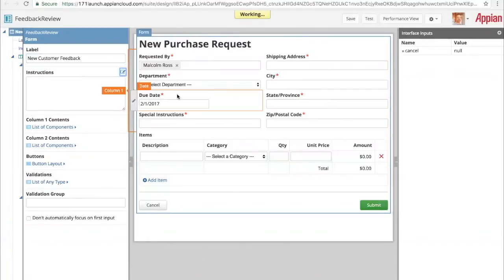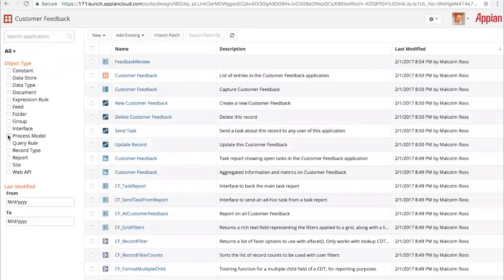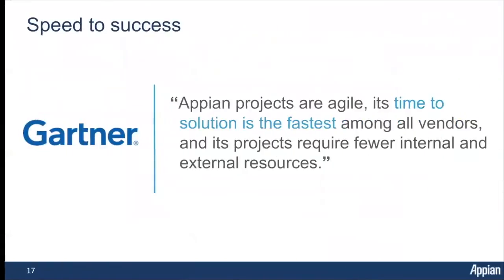I can now start, again, manipulating this directly inside and also interacting with the design time environment right here. So as I refine that customer feedback environment, it's giving me a jump start of all the necessary components of a working application. I can then enhance with complex rules, process flows, interfaces, reports, and really embellish that very quickly, delivering a solution to my business users. So that was really an entire solution built in just a span of a few minutes here in this product